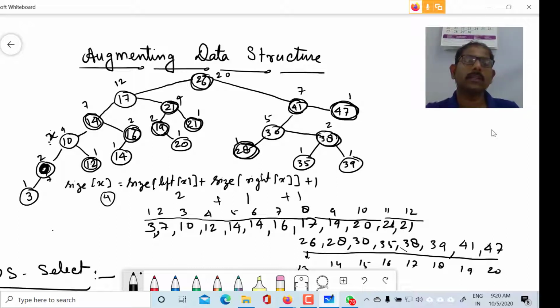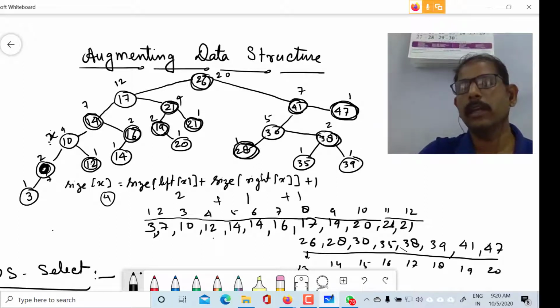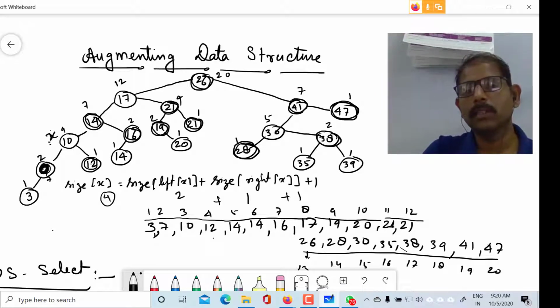This is the in order traversal of this binary tree, and because in a binary search tree all the elements are already in sorted order, we have arranged all the elements like this. It is simply the in order traversal, and we have arranged the elements in increasing order.